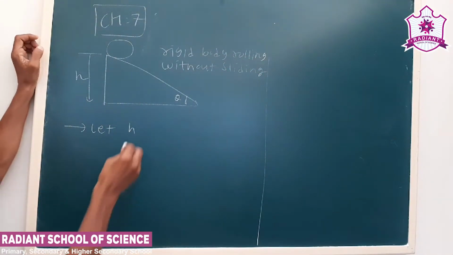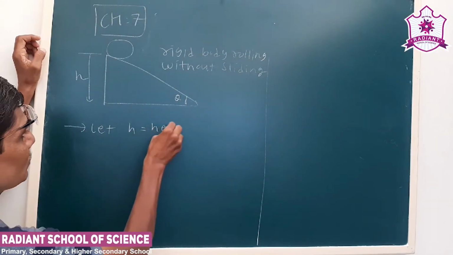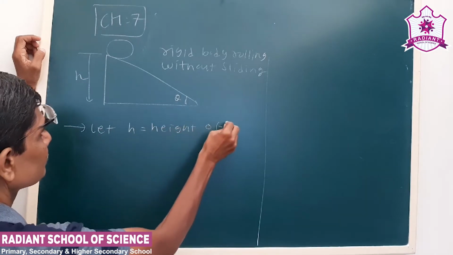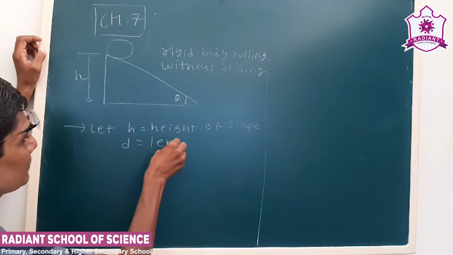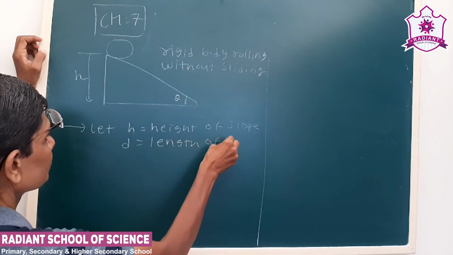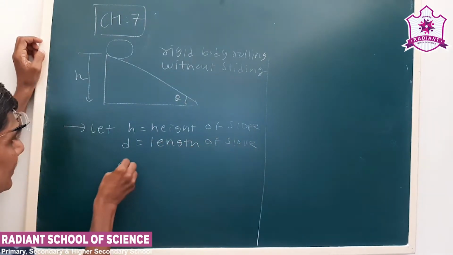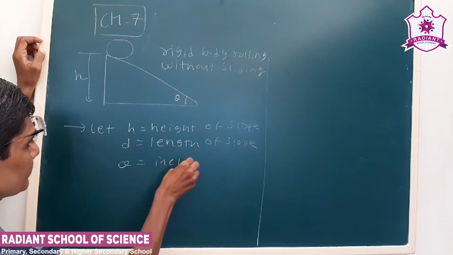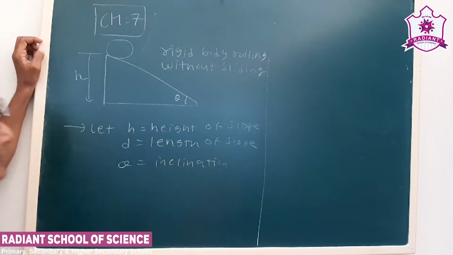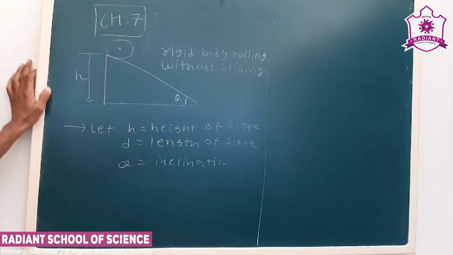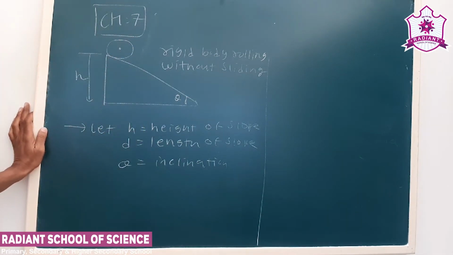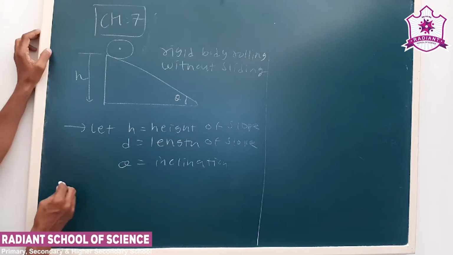D is the length. Theta is the inclination. Now we assume that the rigid body rotates about its center of mass. See, at the bottom of the slope,